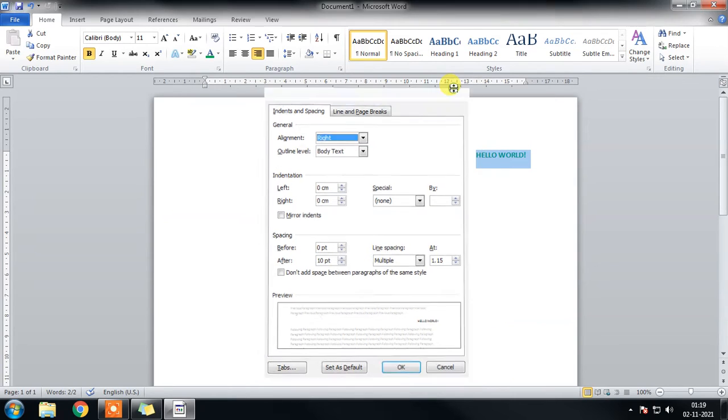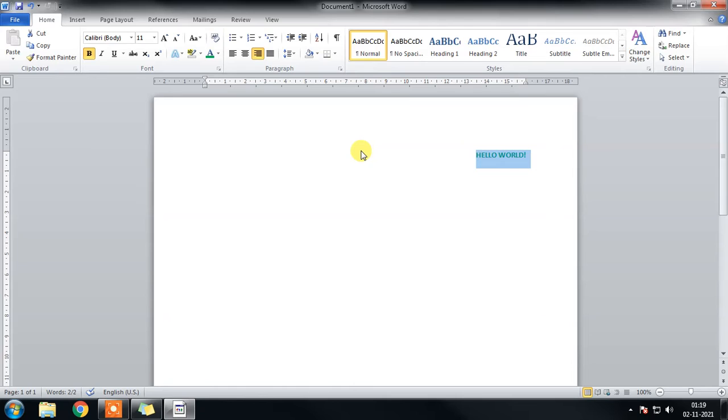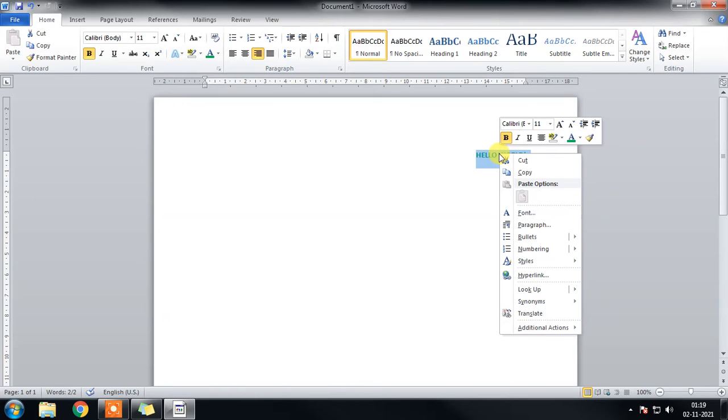Alright, when you right click the mouse button at certain places, we will get something else. For example, when I right click on this piece of text, we get a list. This list is called the context menu. And when you select a certain piece of text, we will get another small box which is called the mini toolbar. So in this case, in the work area, when you right click on the piece of text, you will get two things.